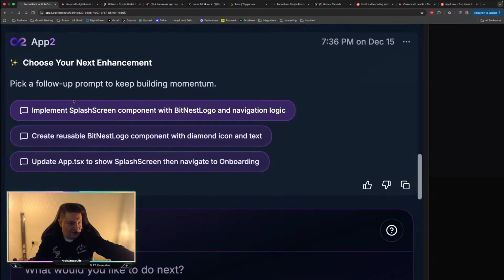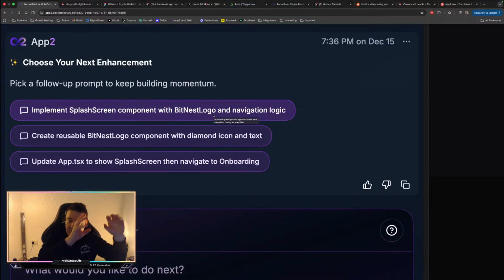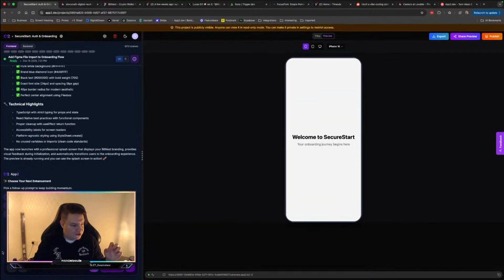So it shows you what to build next. Pretty much implement splash screen component with the logo. It knows those scenes. It knows those frames. It knows the design. It knows everything about your Figma project. So if you press here,